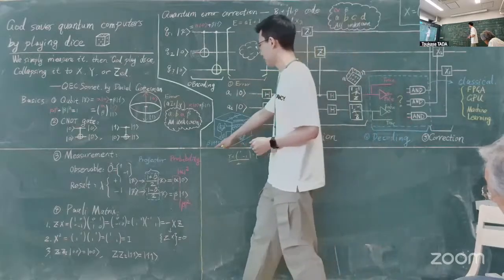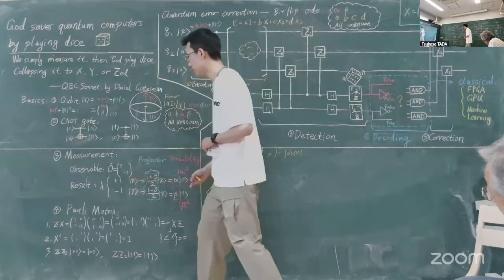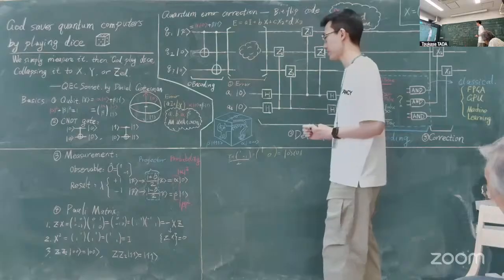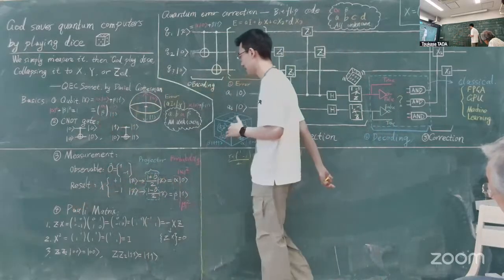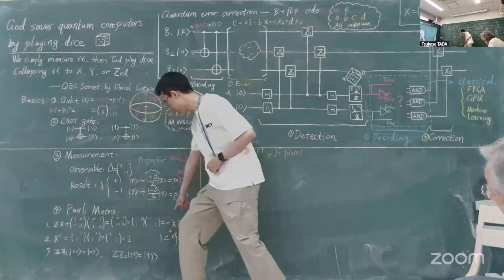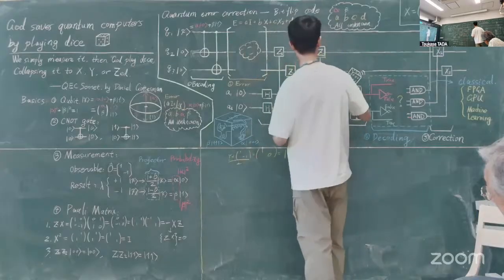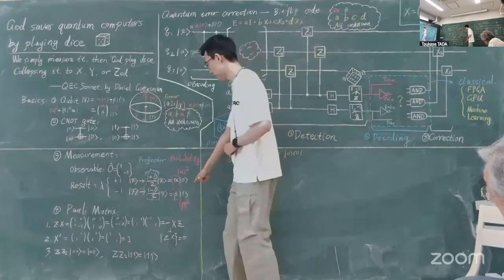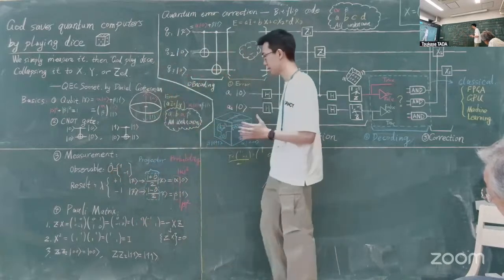Okay, so this is the measurement process. Finally, here are some basic mathematical properties of Pauli matrices. The first is the anti-commutation relation of the Z and X operators. You can check that ZX equals -XZ. This is just a simple linear algebra fact. And the second is that X squared is the identity, which means nothing happens.